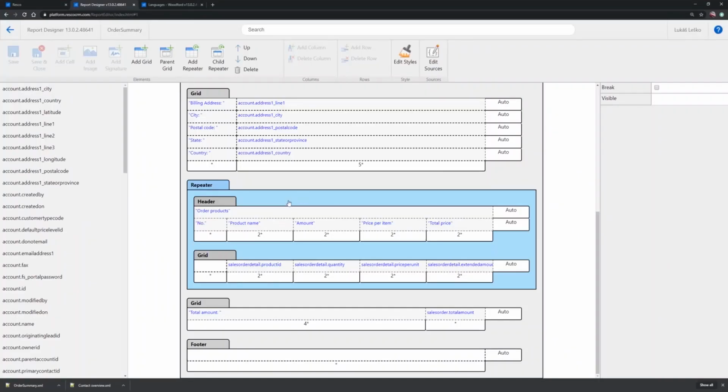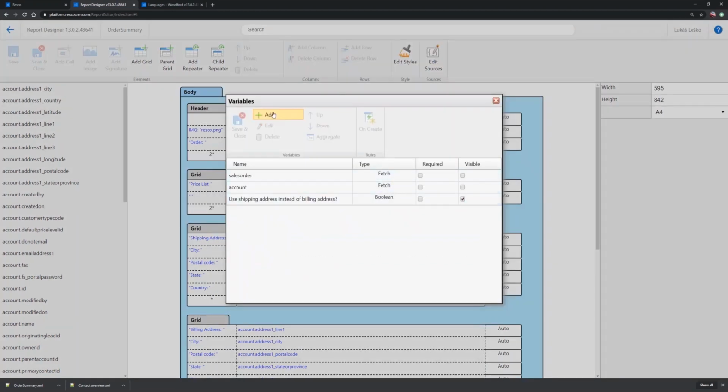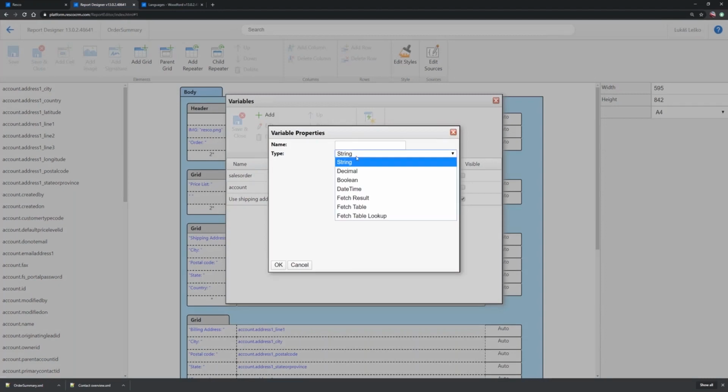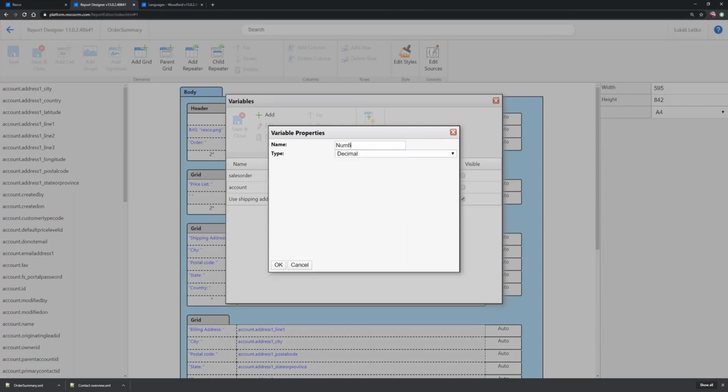So let's go back here. So first of all, I will need to create on a body some kind of a holding variable that will hold the number of the repeater. So I will just go to edit sources and I will add a new decimal numbering body, let's say,